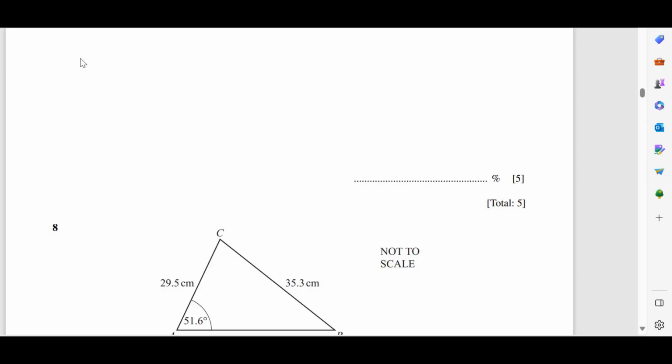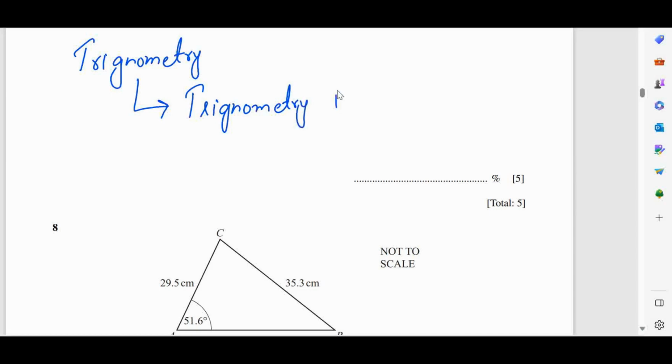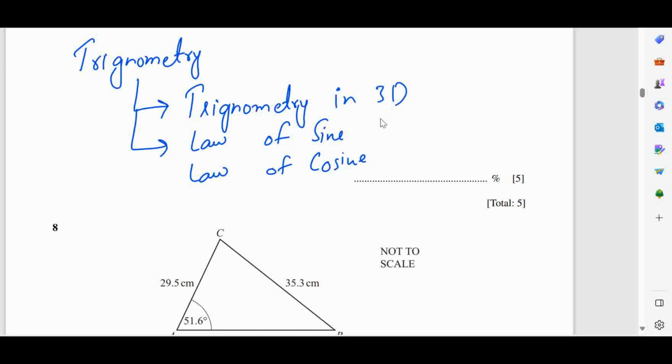Everyone, today we are going to discuss the topic trigonometry, and in trigonometry we will focus on two things. The first thing is trigonometry in 3D, and the second thing we will discuss is the law of sine and cosine. So we will focus on these two things in trigonometry, and then if we have time,